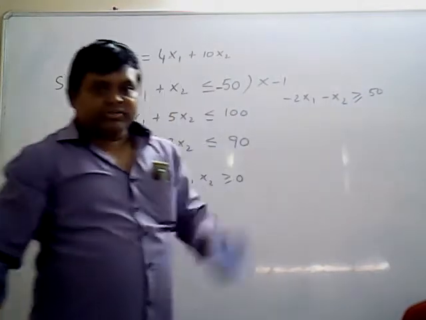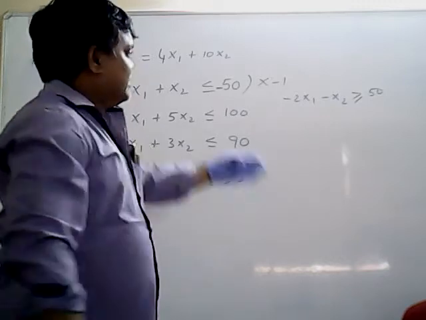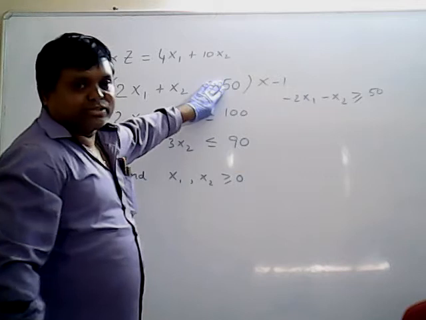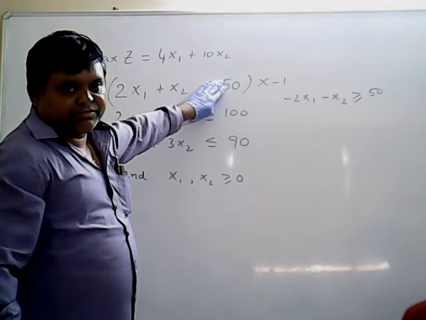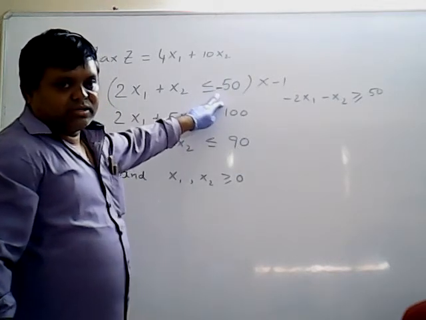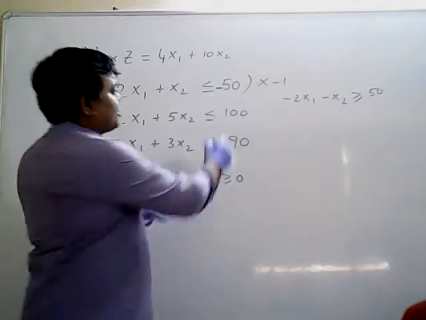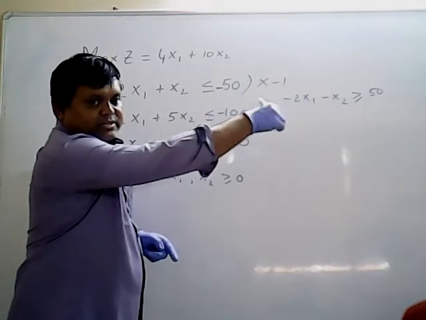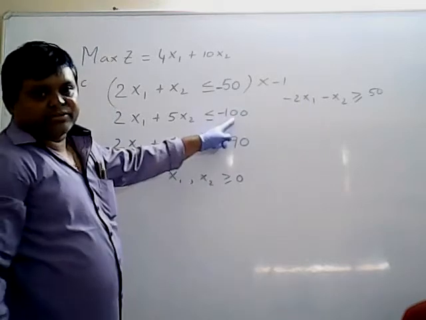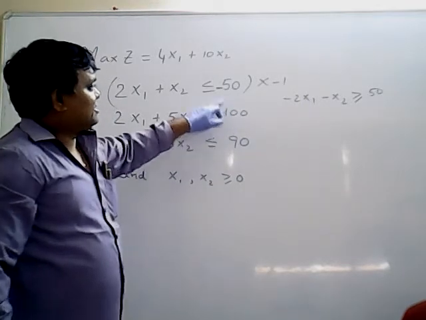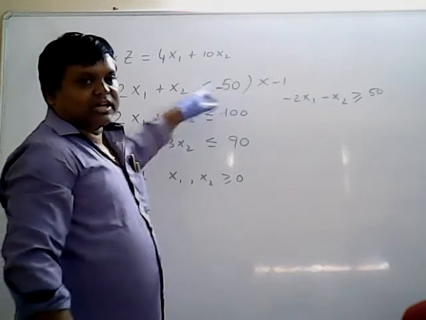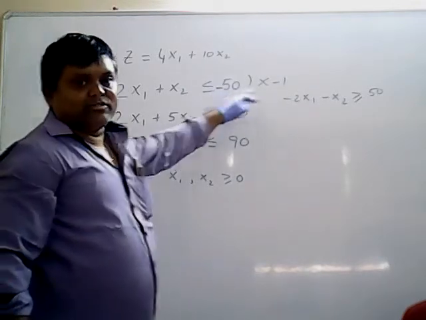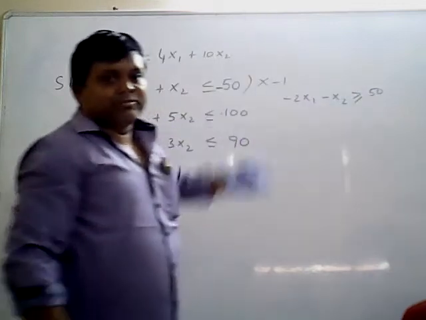I think all of you understood step number 2. What is step number 2? Check the right hand side values of the constraints. If all the constraints are positive, you can ignore step number 2. If any one constraint is negative, any one constraint is enough. Sometimes two constraints may be negative, then multiply into minus 1. Same concept. So that you will get positive here. If any one constraint is negative, then multiply the total constraint into minus 1 so that this right hand side negative value becomes positive value.